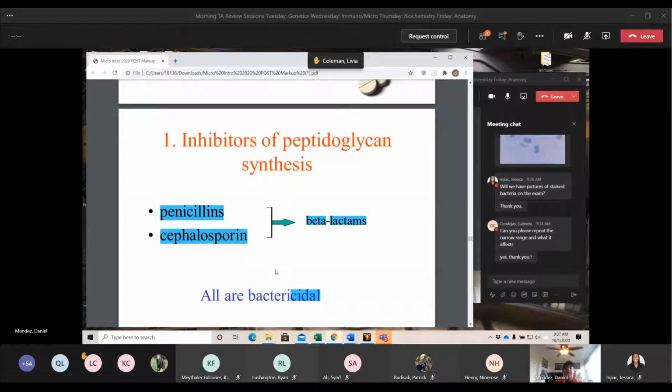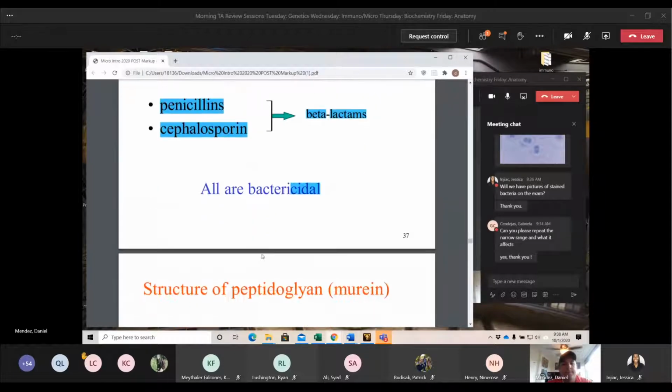So what these do, these are beta-lactams, and they are bactericidal. That should make sense that they would kill the bacteria because they are stopping the bacteria from actually creating its own cell wall. So if it doesn't have its cell wall, then the internal contents would leak out and it would lyse itself. These are your two examples. Make sure you know these examples. Make sure you know it's penicillin, cephalosporin. Now, there are differences between these. Even though they are beta-lactams, they are different generations, and they work slightly different. You don't have to worry about that now, but just know that there is a difference between them, even though they're classified under the same umbrella.